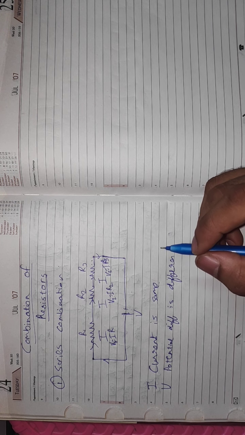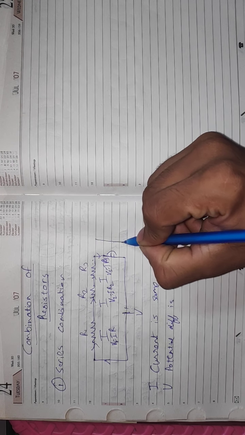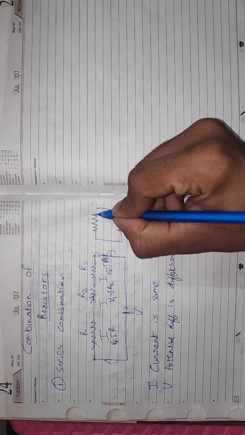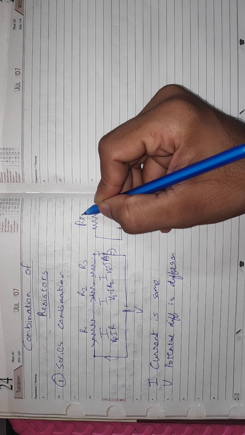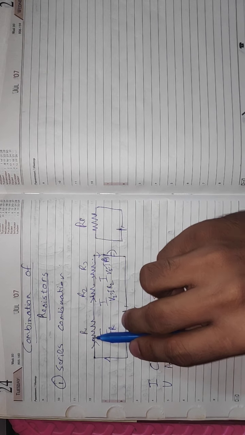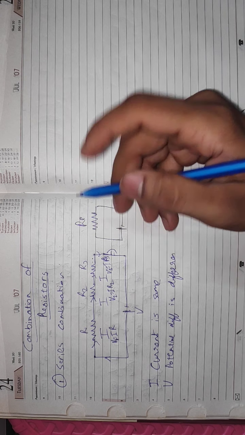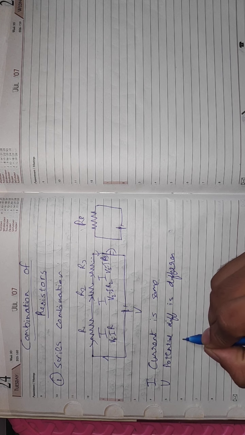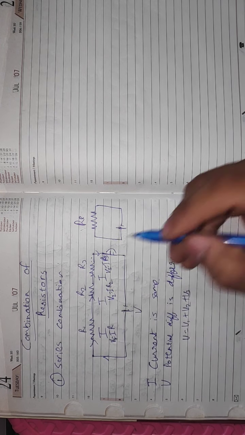Now if we want to make an equivalent circuit of this, this is the potential difference, and we'll have a single resistor that we'll name RE. RE is the equivalent resistor, which means its value is the same as all of these combined in series, the resistance you ultimately get. To find the formula for RE, we can write V equals V1 plus V2 plus V3, as you can see from over here.